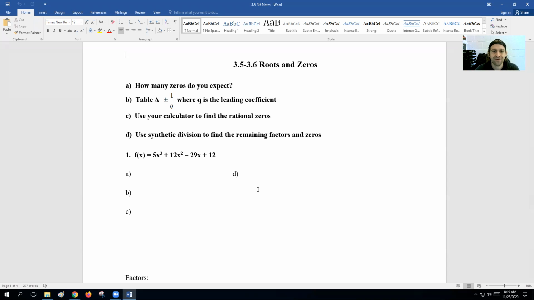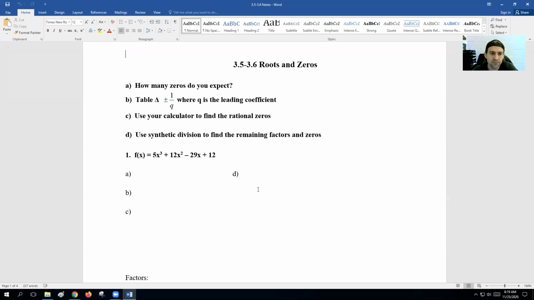Now 3.5 and 3.6, we're going to cover them together because we can use Desmos now. We can use the graphing calculator a whole lot easier, so we don't need to go through 3.5 where we're making a table and doing a bunch of guessing and checking. We're going to use what we will learn in 3.6 to help us figure this out and finish off these